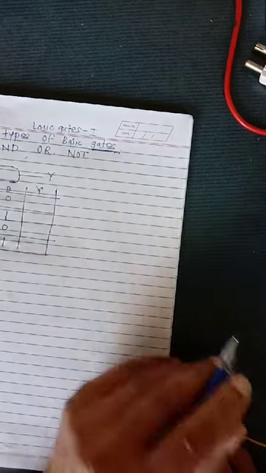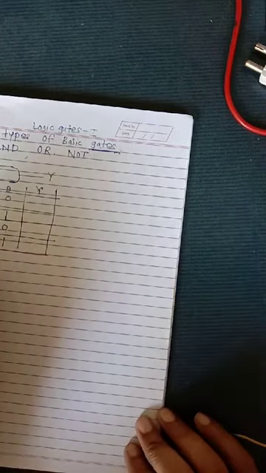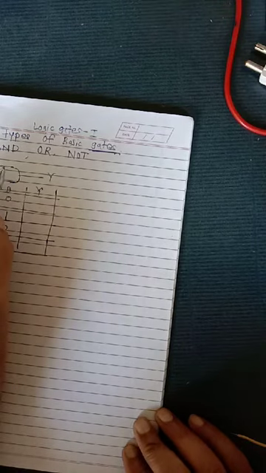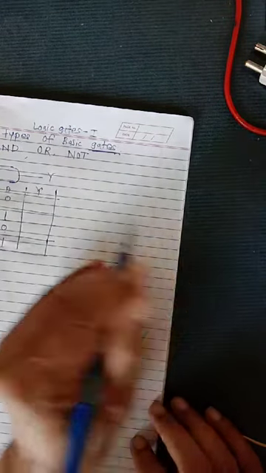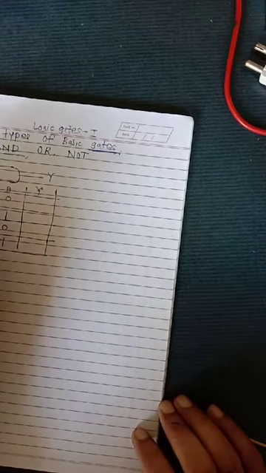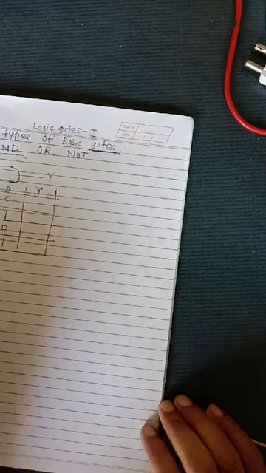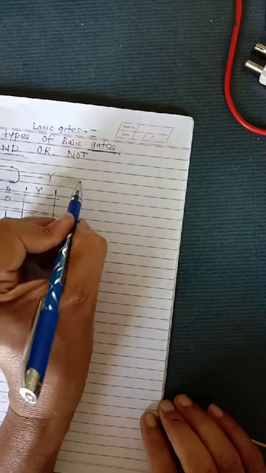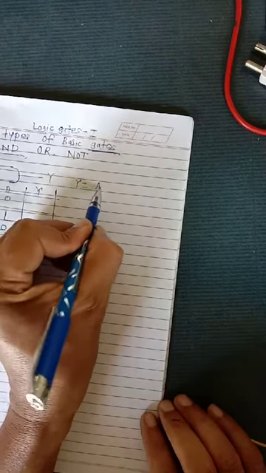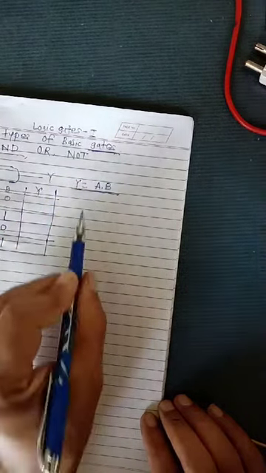We have to verify the truth table of the AND gate. Now, at the start you should know the equation of the AND gate. What is the logic equation of the AND gate? So if inputs are A and B and if output is Y, then the logic equation for the AND gate is Y is equal to AB. Y is equal to A into B, or AB.